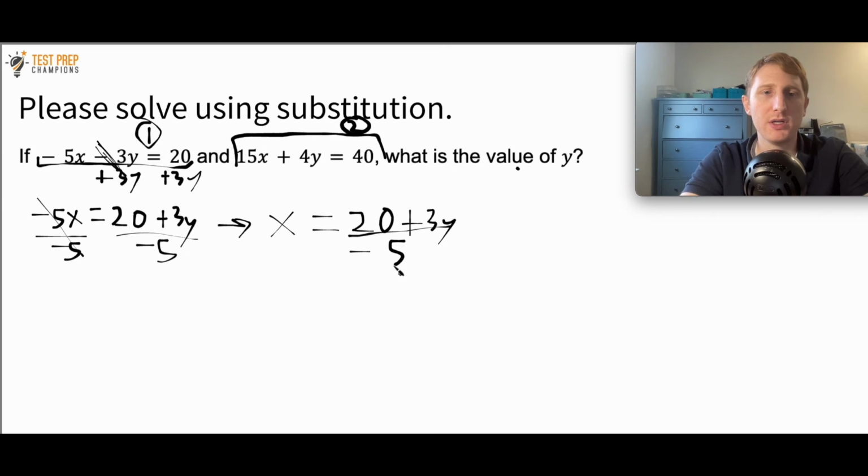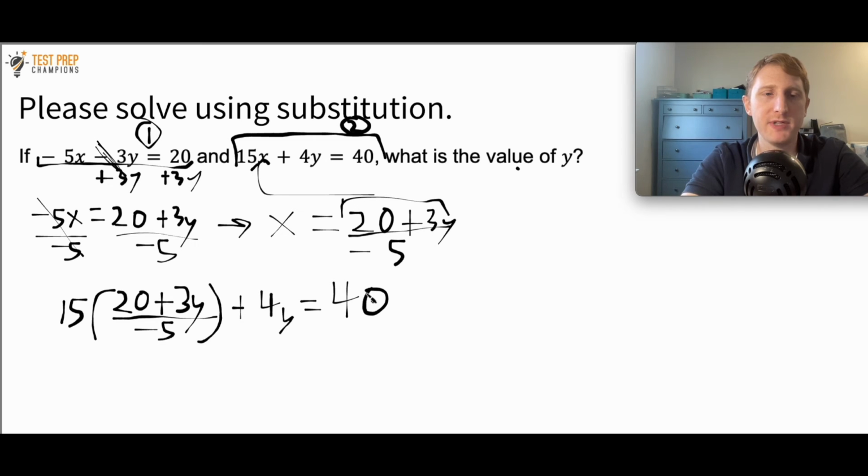Okay, so now what I want to do is come up to my equation 2 here, this 15x plus 4y equals 40, and I'm going to take this x and replace it with 20 plus 3y divided by negative 5. So let me write this out. When I rewrite it, I'll have 15 times 20 plus 3y divided by negative 5, plus 4y equals 40. So what I can do now is do 15 divided by negative 5, and that's negative 3. So I can rewrite this now as negative 3 times 20 plus 3y